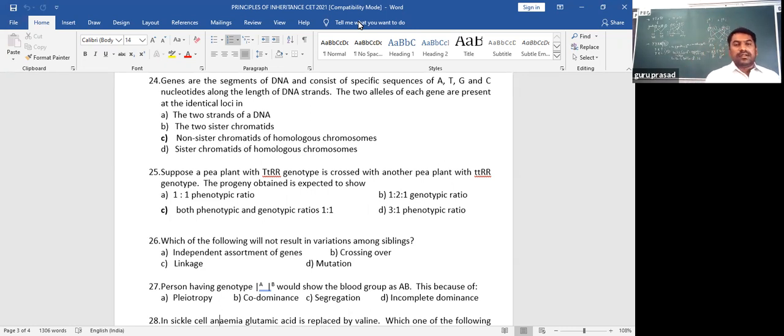Now, let's come to the answer here. That is two strands of a DNA. So basically, not at all. Okay, they are not the two strands of the DNA. So DNA is found wrapped in the chromosomes. Of course, a chromosome has double-stranded DNA. A single chromosome itself has double-stranded DNA. That's not the answer. Two sister chromatids. Keep this point in mind.